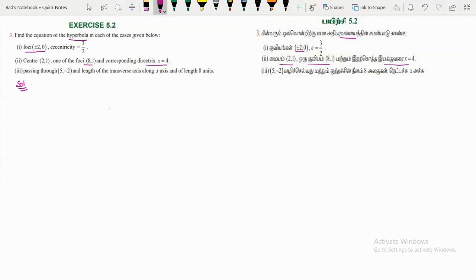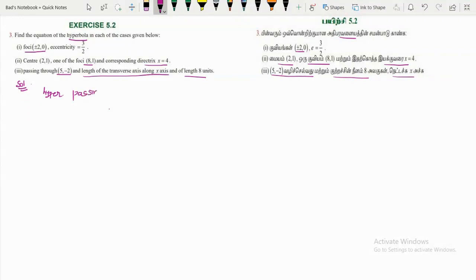Next question, passing through the point 5 comma minus 2, and the transverse axis is along x-axis and length 8 units. They have given the point through which the hyperbola passes. Hyperbola passing through the point,